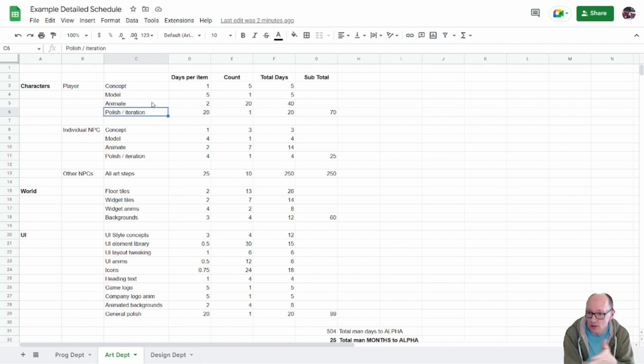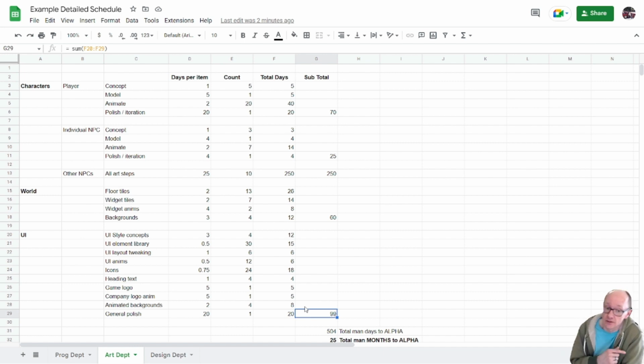As a producer, this estimate I would expect to come from the art lead, but a good producer will look at it and then they'll go back with questions like, hey, looks good. A few questions. Does this include padding? And if not, do you want to add it, or do you feel like you're happy with these estimates the way they are?